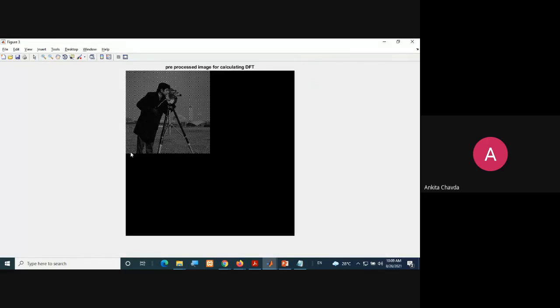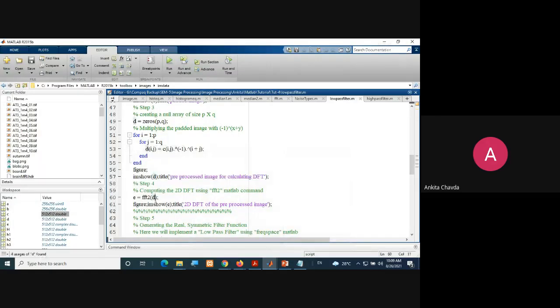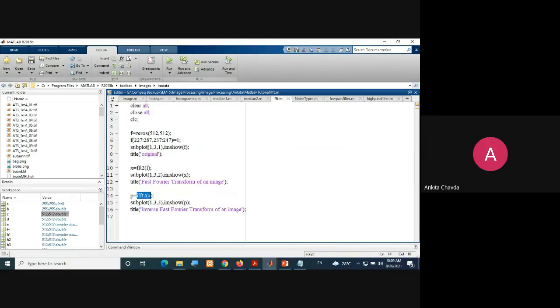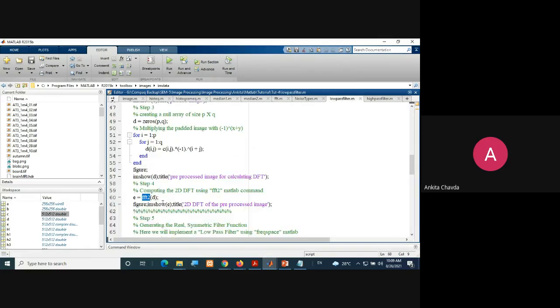Okay. Now you are converting this image into the frequency domain. So the function is FFT2. I have just shown that to you, right? FFT2, that is the function.